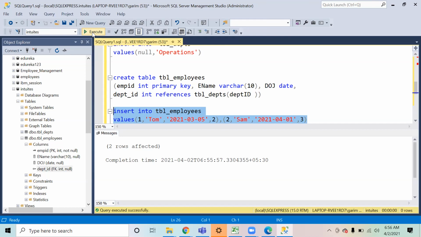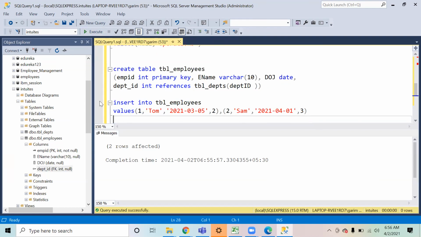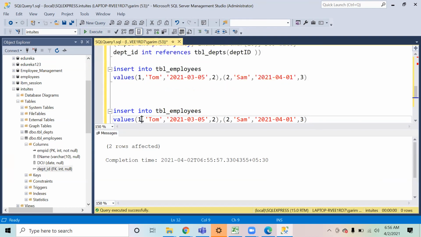See, now what is going to happen is, suppose let me try to insert some data inside it. I am trying to add new data for a new employee. His ID is 3 and suppose his name is Harry, and by mistake I give his department as 4.